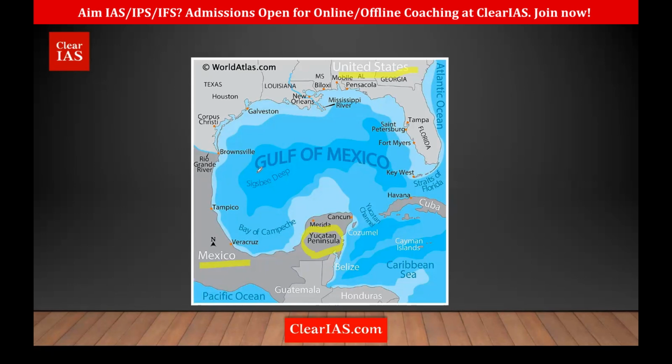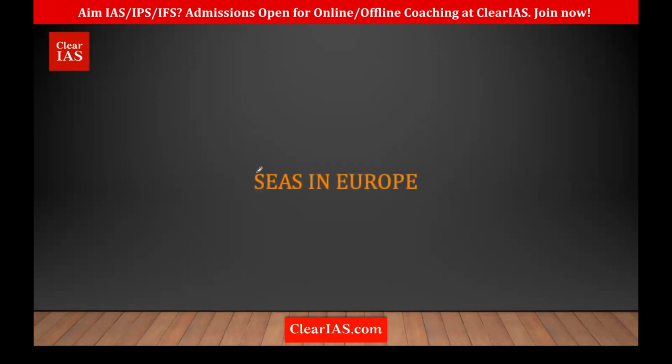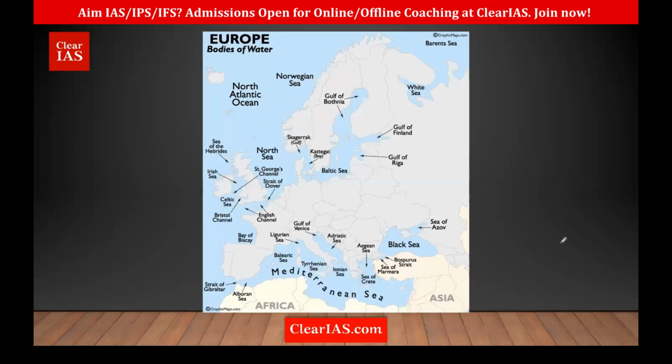That's it. Next is the seas in Europe. This is the last topic. Okay. So, see, there are so many seas all around Europe. But I wouldn't tell you to remember all these because it is not practically possible. Unless you're so interested, you can draw a map and list out all the seas. So I would tell you a few important ones which we've already learned and which you must know. Remember at least these ones.